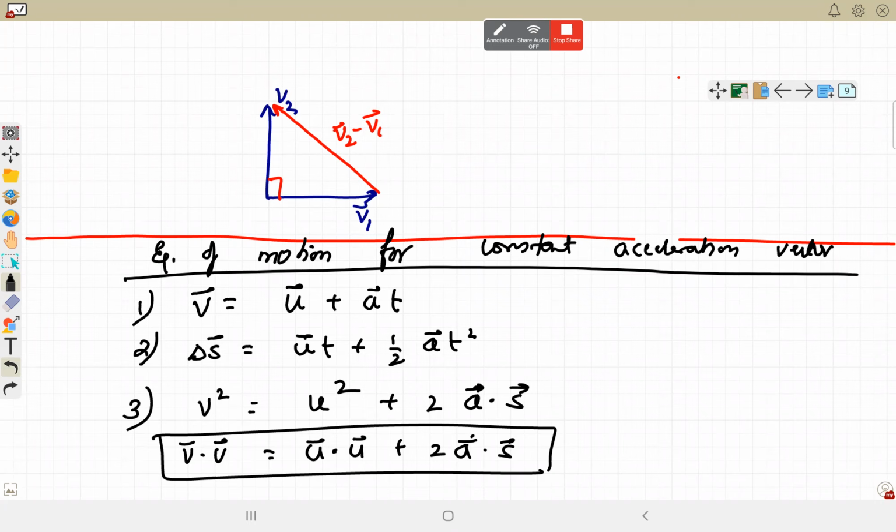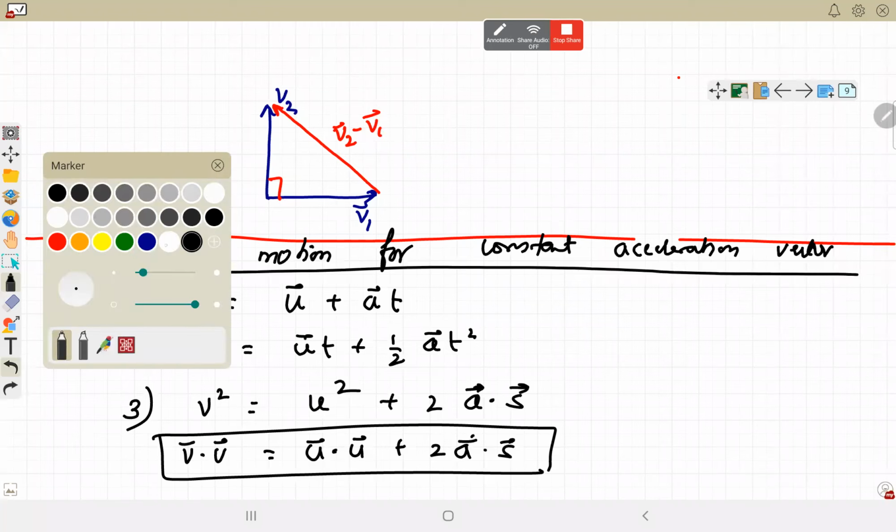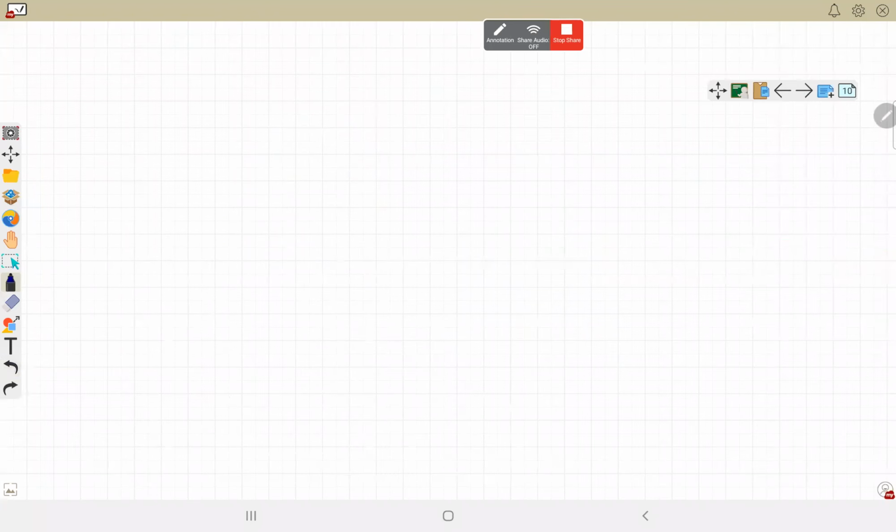If there is any variable acceleration, then again we need to integrate in separate variables. I cap will be separately integrated, j cap will be separately integrated, and k cap will be separately integrated. Right, so maybe one question we can see. Suppose